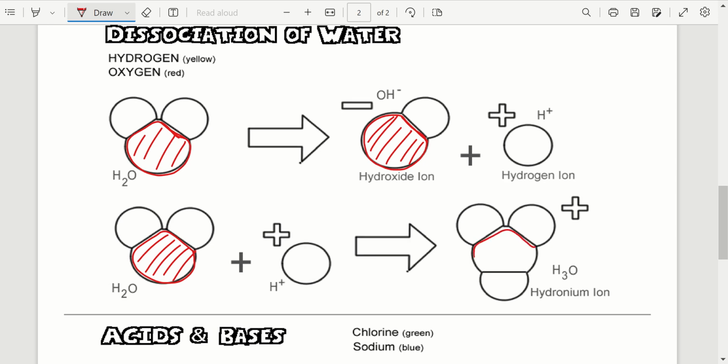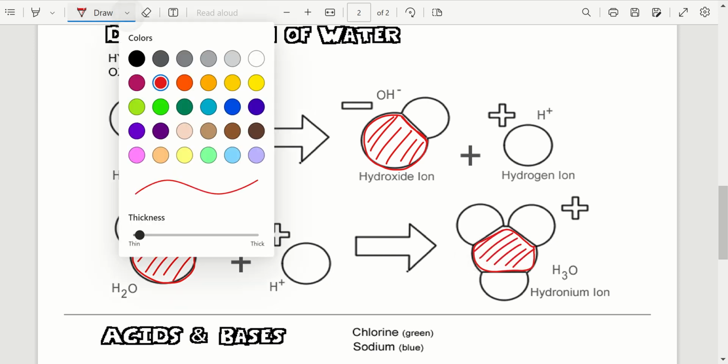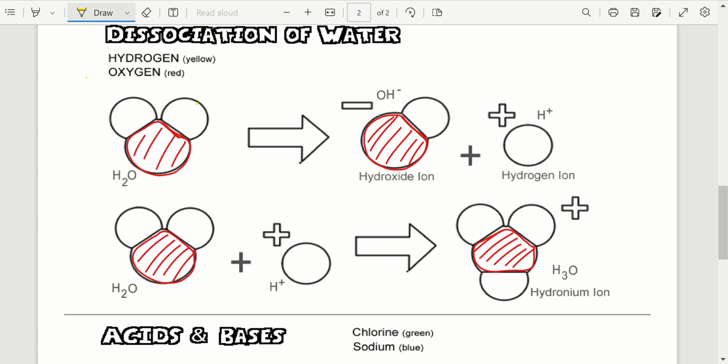It's 1 oxygen right here. Okay, now I need to switch colors and I need yellow for hydrogen. So I have 2 hydrogens in water, right? H2O, so like this. Now if you want to make yours neater, totally fine, you can do that. But we are just shading,